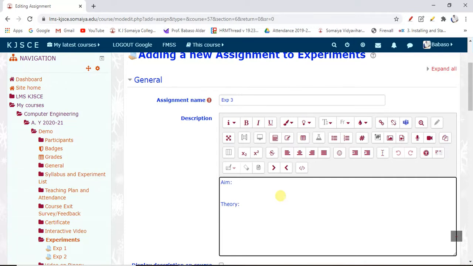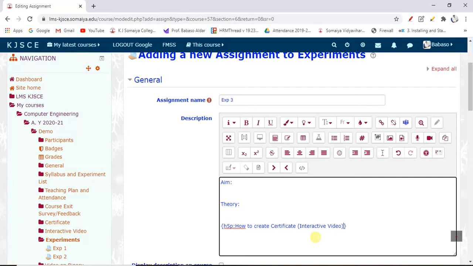Okay, and here I want to give that H5P video. So what you have to add here, you have to give the curly braces, and in the curly braces you have to write H5P colon and the name of that activity that we already created. Getting my point?